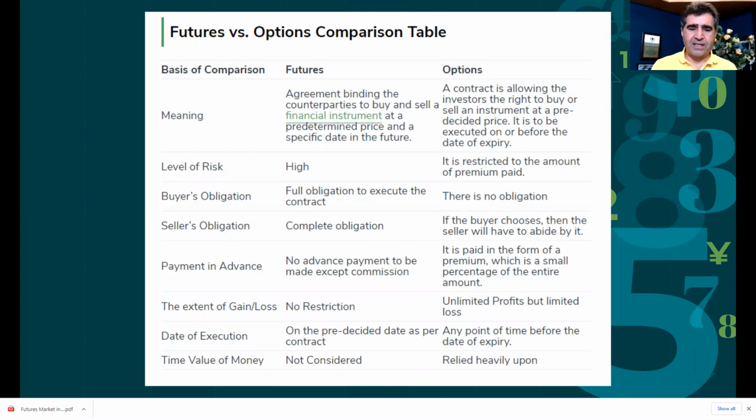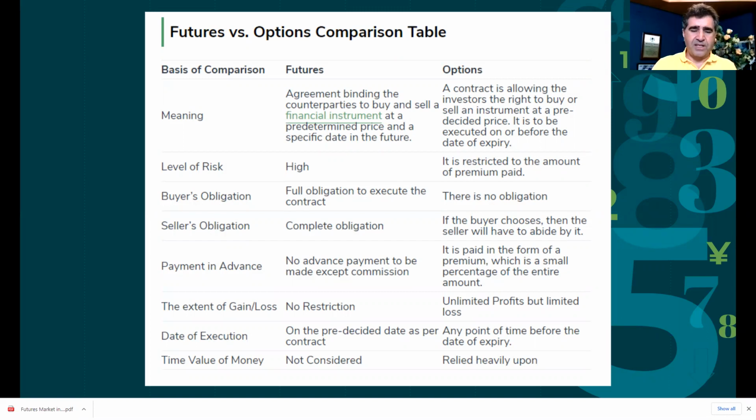Now, as far as gain and loss, there's no restrictions. And as we mentioned, this is mostly talking about a debit, let's say directional. Even if you did verticals, you could have limited profit or limited risk. But mostly we're talking about directional. So if you're long the call, you have potentially unlimited profit, but limited loss because of the premium you pay.